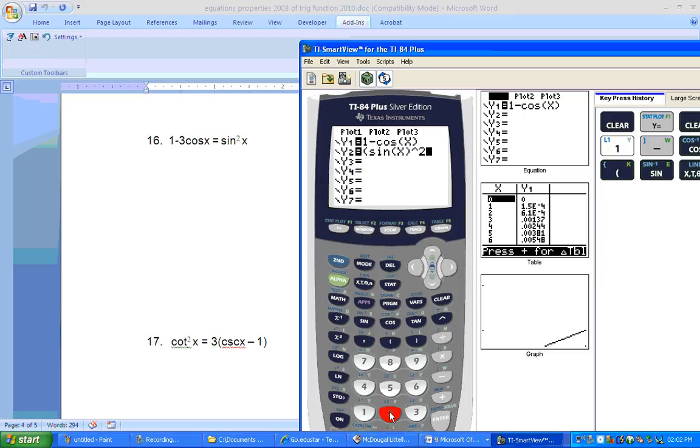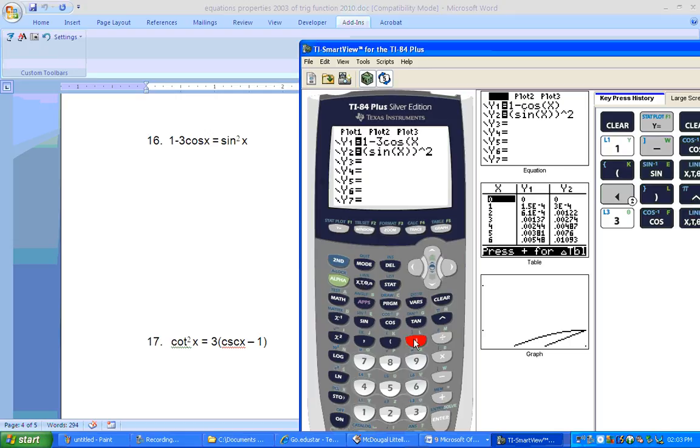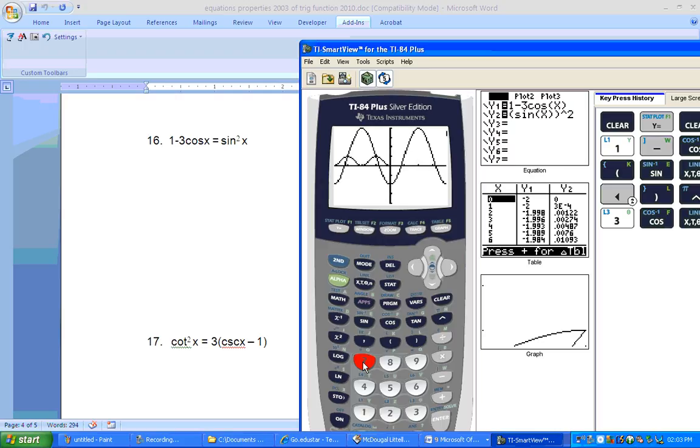I missed a parenthesis. And a 3 on the top. Sure did. If I do a zoom trick, now I happen to be in degree mode,